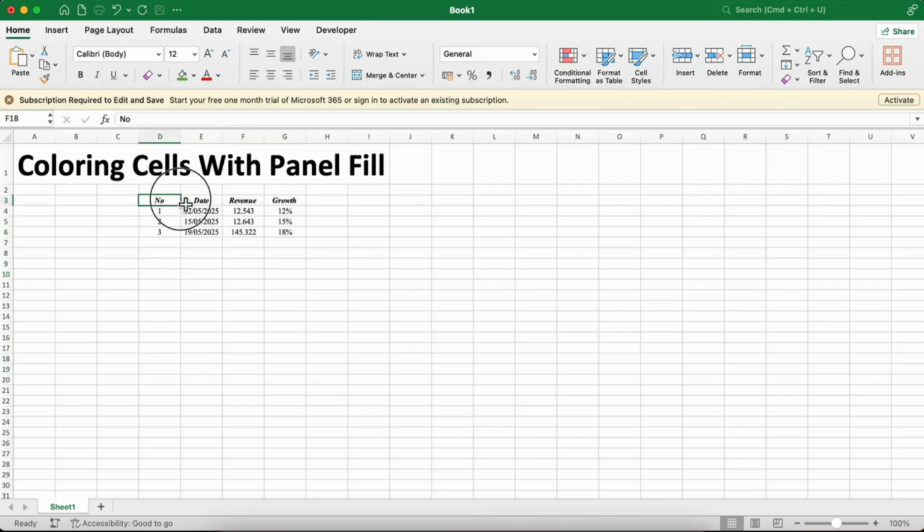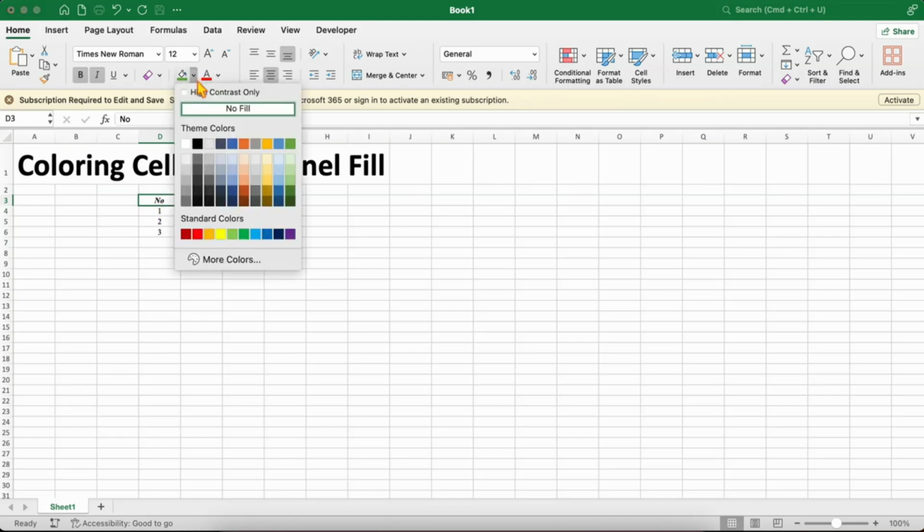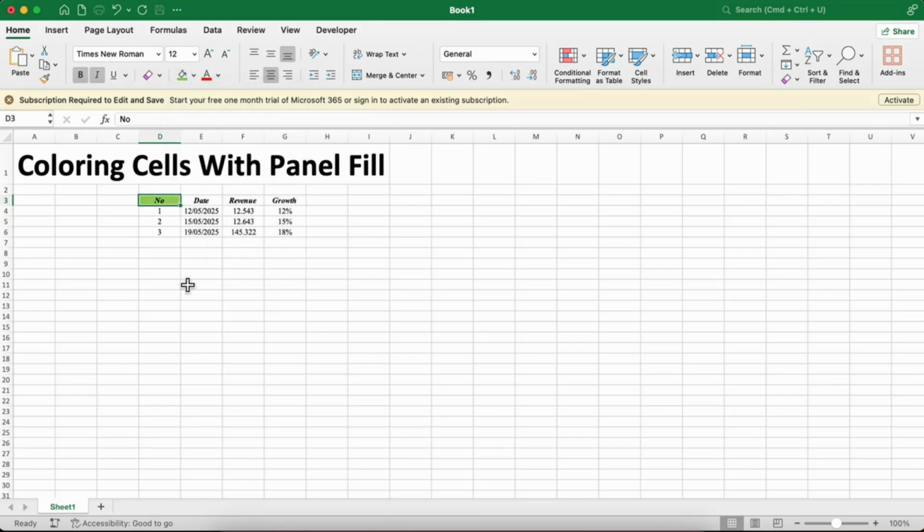to important information. To fill a cell with color, start by selecting the cell you want to highlight. Then go to the fill panel and choose the color that works best for your design. You can pick from the standard color options or go further by creating a custom shade that fits your needs